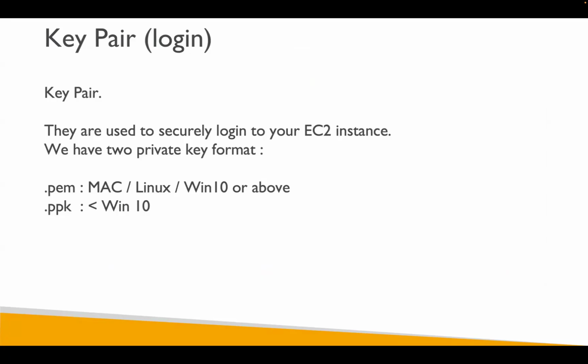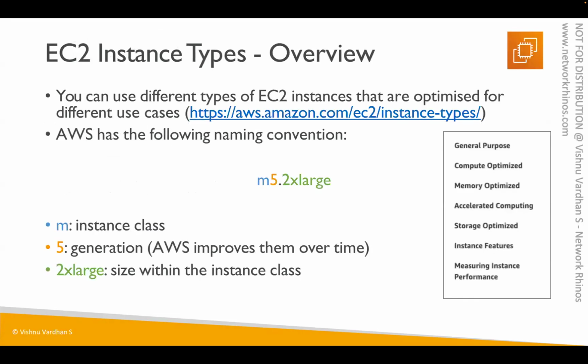Same way, in the cloud, when you create a machine, you have to give your machine a password while creating it, so that only the user with that password should be able to access your machine. This has to be done when you are actually creating the machine in the AWS portal. So that's called a key pair. You should have this key pair on your machine to log into your EC2 instances.